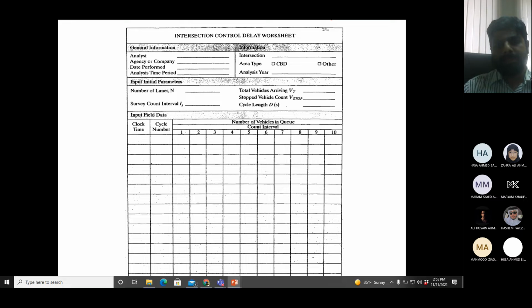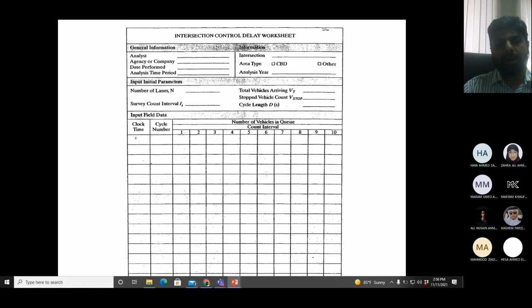Okay. This is a sheet for data collection for observer 1. Although you see VT and V stop here as well, observer 2 will put these things after the survey is finished. Observer 2 is recording it somewhere else, and then he will put it in this sheet. So then we have some general information: who is doing the survey, when and where. Name of the intersection, area, year, number of lanes, you will count it, the interval you have given to observer 1, integral divisor of the cycle length, 2 values coming from observer 2 at the end, and cycle length of the signal. You must know it before you start the survey.